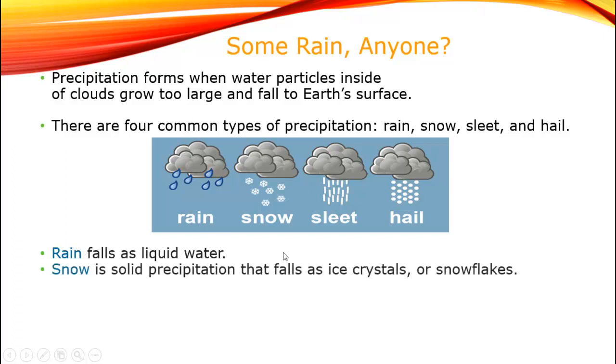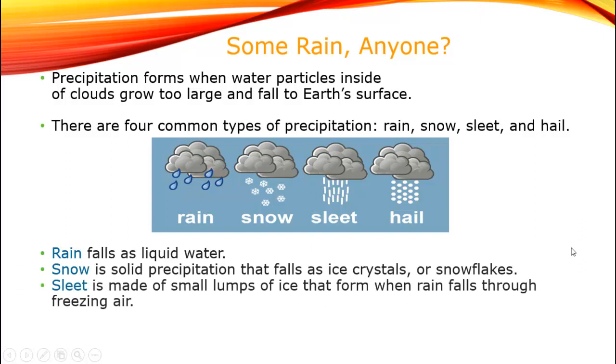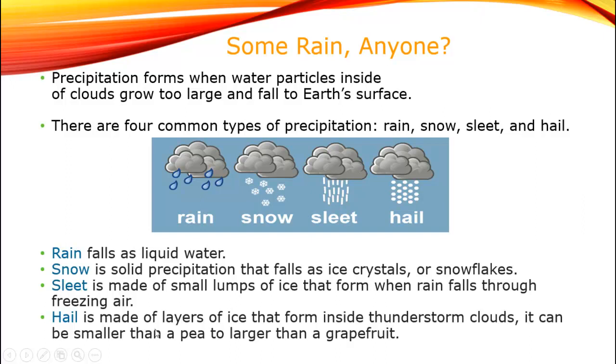Snow is a solid precipitation that falls as ice crystals or snowflakes. Sleet is made of small lumps of ice that form when rain falls through freezing air. Sleet means frozen rain. Hail is made of layers of ice that form inside thunderstorm clouds, and it can